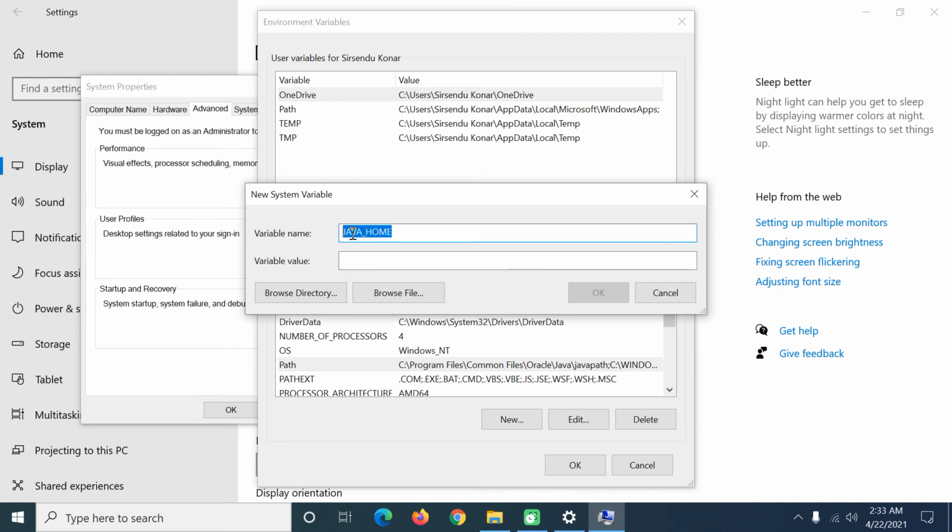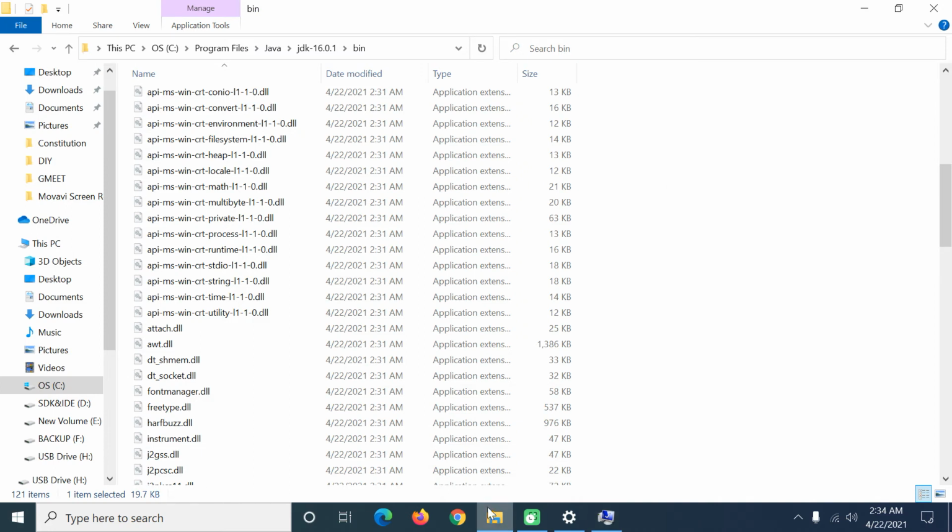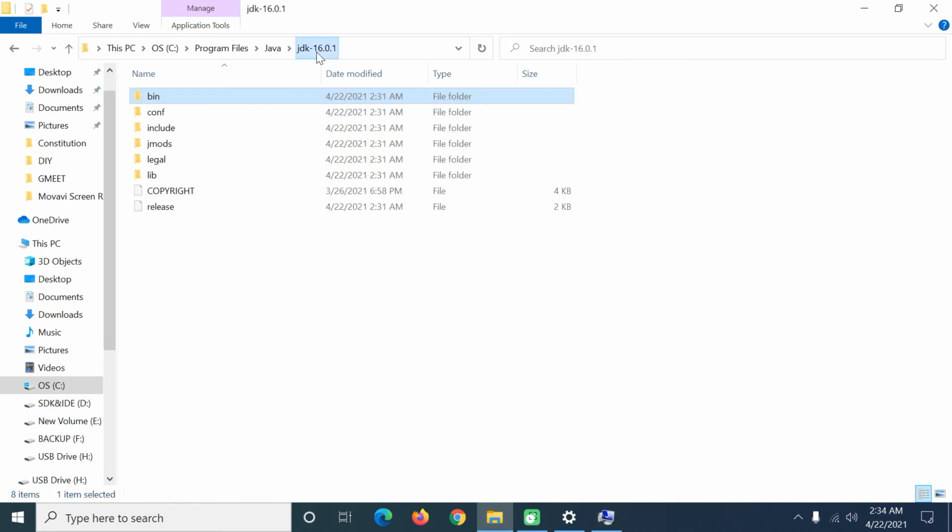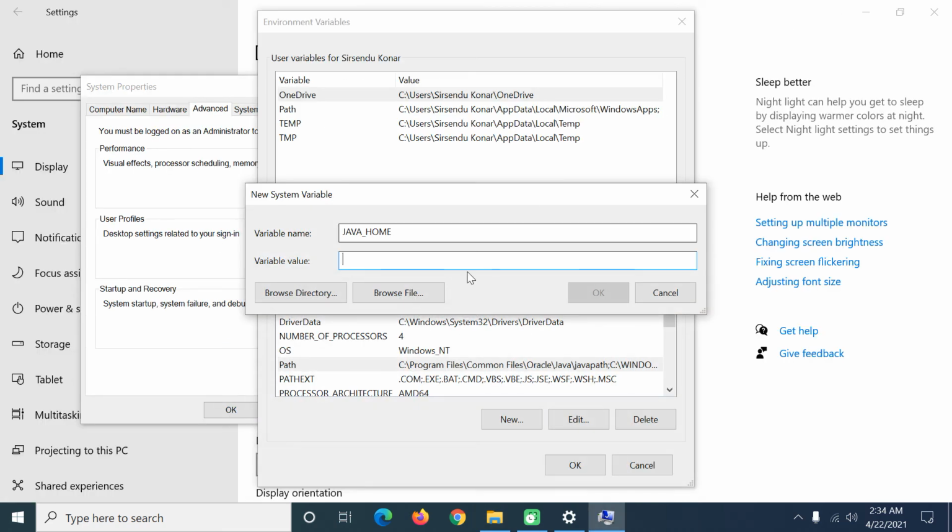The value for the variable is the path of the JDK folder. You don't need to go inside the bin folder, you just need this folder path up to the JDK. I am going to copy this path and then paste it here as the value for the JAVA_HOME environment variable.